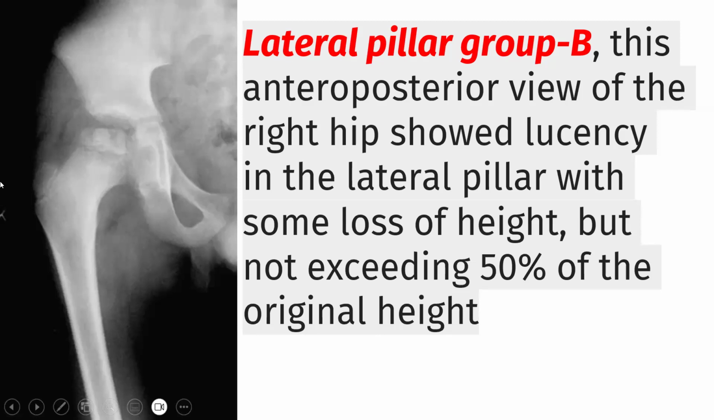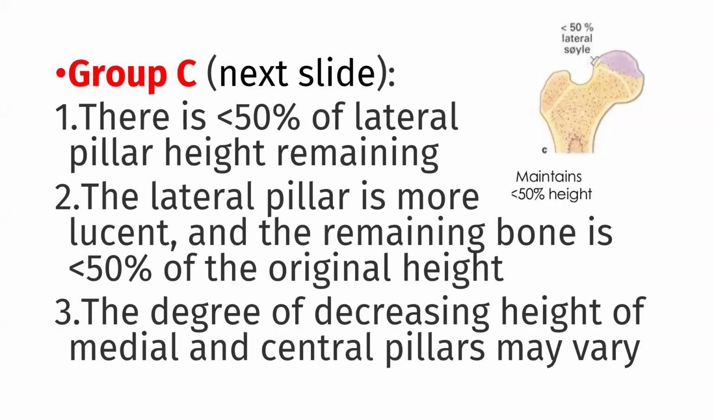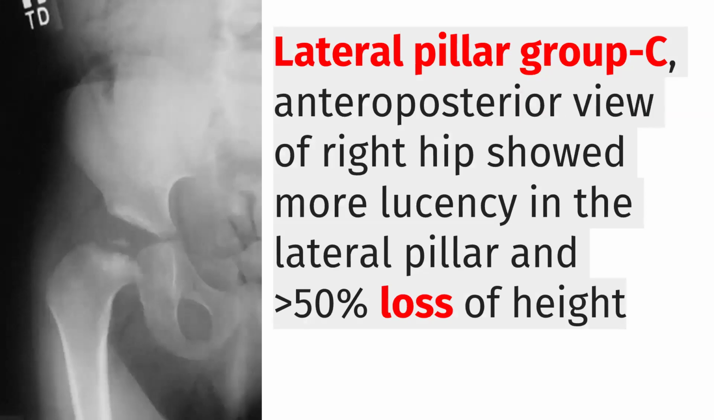Group C, there is less than 50% of the lateral pillar height remaining. The lateral pillar is more loosened, and the remaining bone is less than 50% of the original height. The degree of decreasing height of the medial and central pillars may vary. Lateral pillar group C